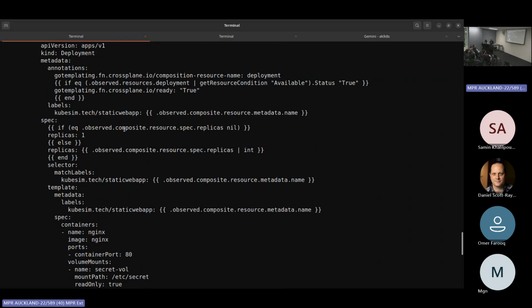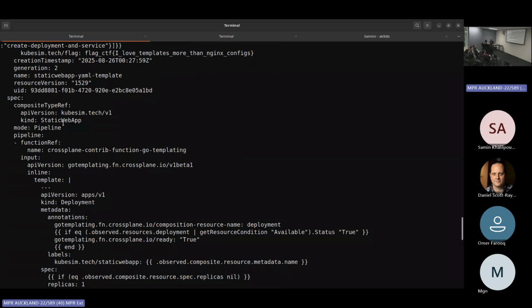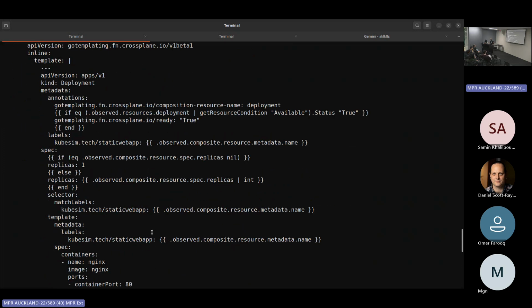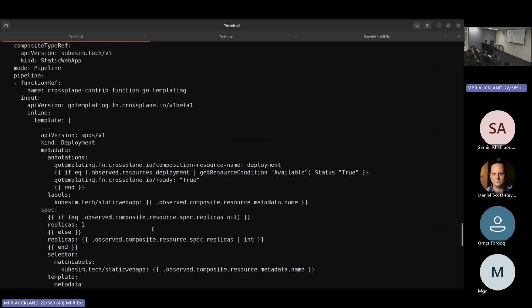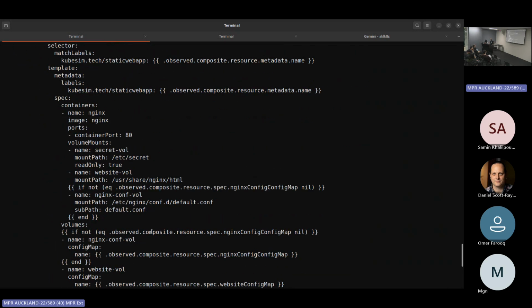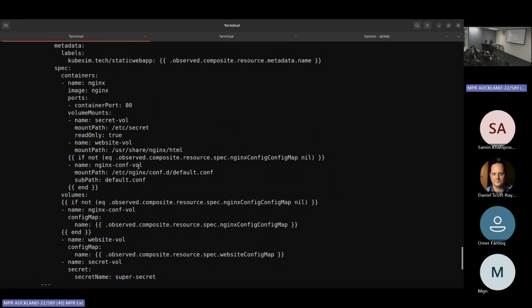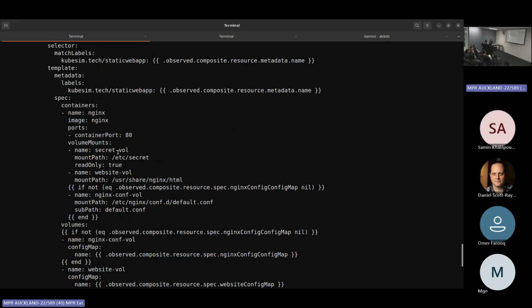We know this is how a static web app is defined. This is like the recipe for a static web app, like the definition of how it gets created. Internally, it's going to create a deployment. It's going to use this template to create it. It's inside of a volume. It's inside of a volume. Okay,